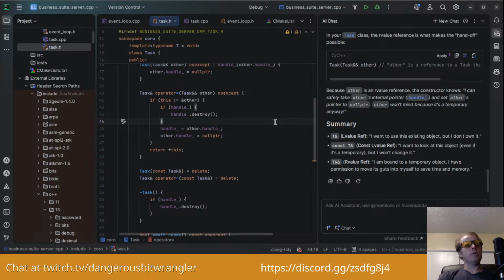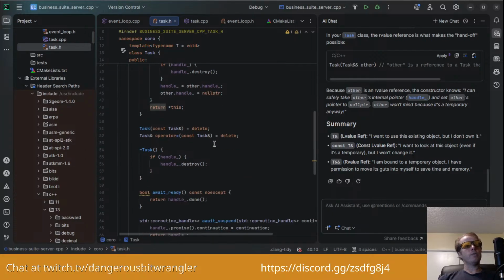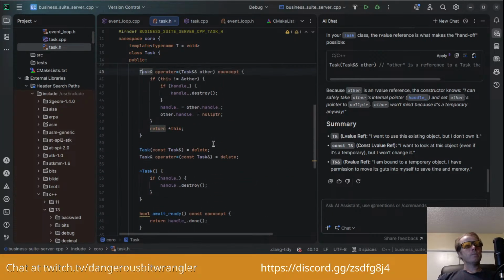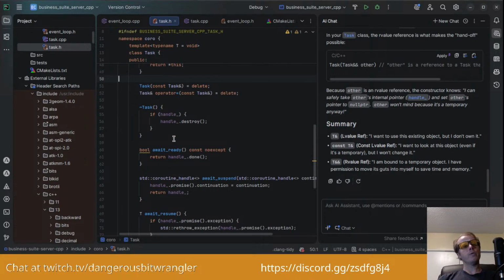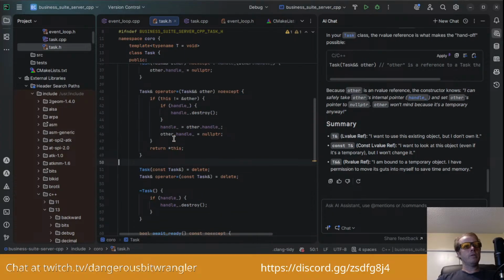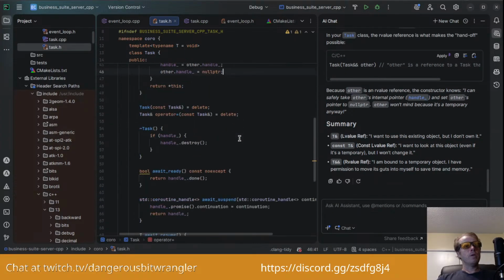And then it will assign the other handle over to this one's handle, and then it will blank out other's handle, the other class that got passed in. So this is just a way of transferring tasks from one task to another. Got it. Just using a simple equals operator. Some task equals another task. It'll clear the old task, but also update it to the new one, the current one.